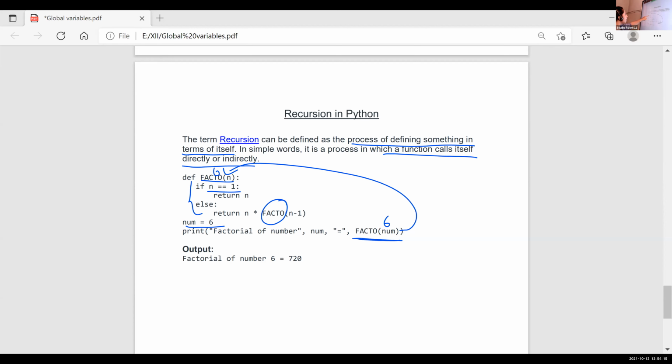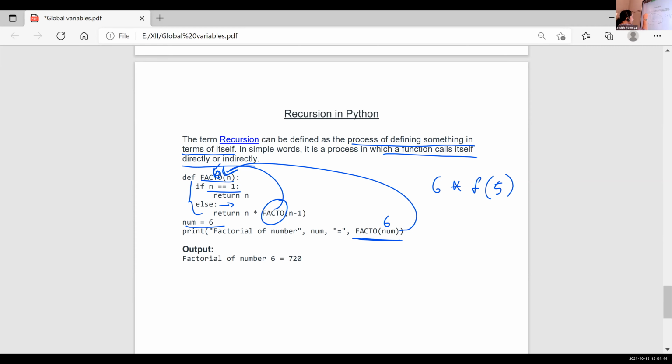In our case, n is not equal to 1. So it will start this else part. In that else part, what is n into? 6 into fact of n minus 1. Fact of n minus 1 means fact of 5. It will again move to this position and the value of n is 5.